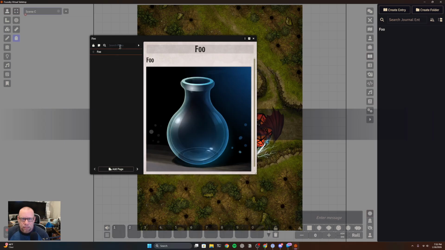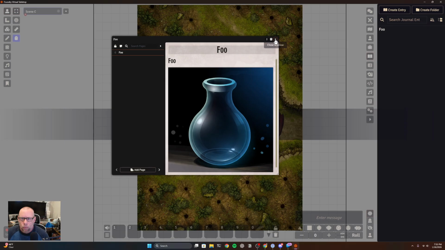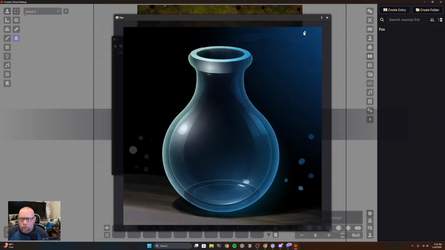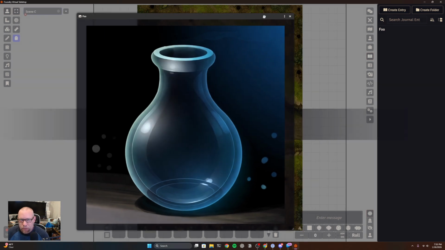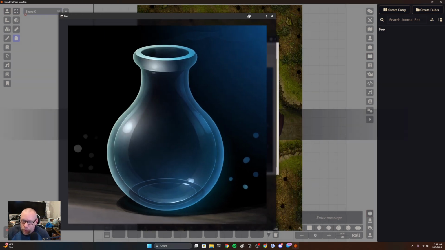So I do that, save it. Now I can double-click on this and do show players. And now it'll show that image to them as well. It'll give them temporary visibility. Now I have modules. I can't even tell you which one